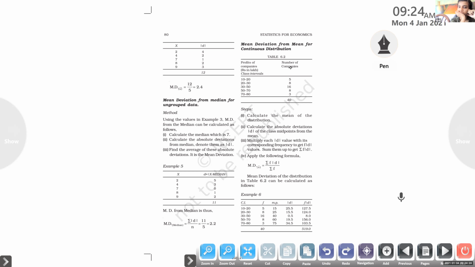And now one homework is there. Just write down the homework. Write all the equations in the textbook. So far, what are the equations and the problems we discussed? Different aspects have different equations. For example, mean deviation from median for ungrouped data. So MD for median, the equation is sigma absolute D divided by N. Okay, that is the equation. Clear? Like that, for all the problems, equations are there.